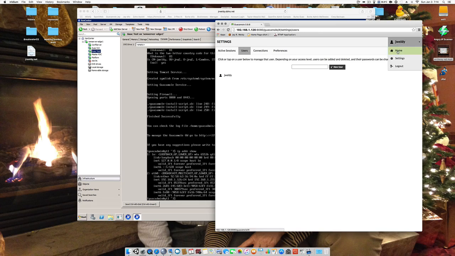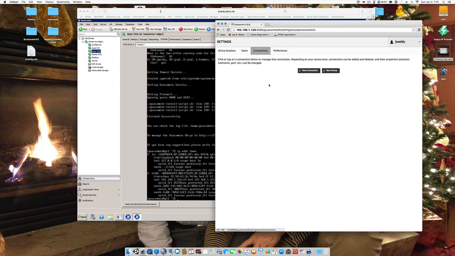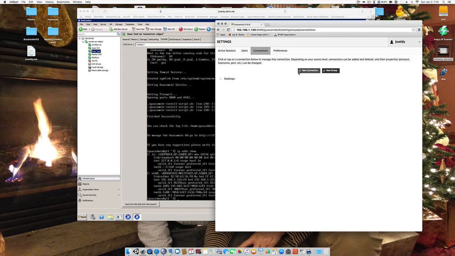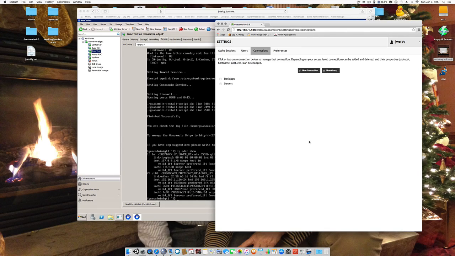And now I can create connections. So if I wanted to create a connection or a group, I do it here. Groups are just groups of computers located under the root. So if I had desktops and servers, there we go. And a new connection,